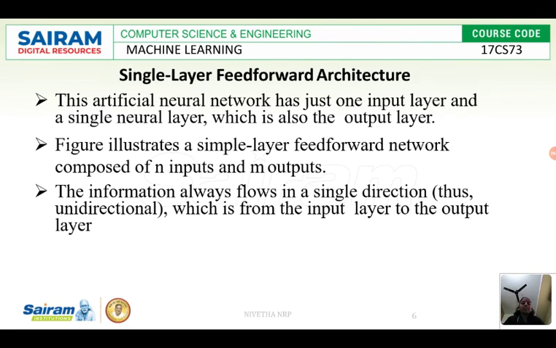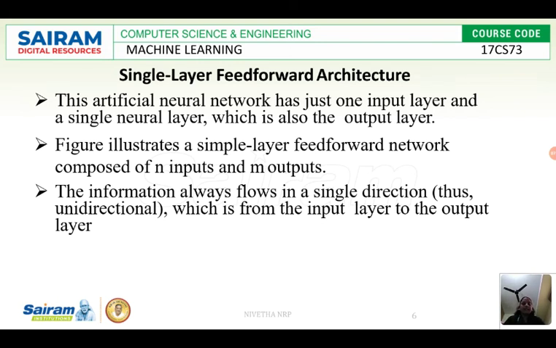First we'll see why it is termed a feed forward architecture or feed forward network. We feed the input to each and every layer. That is why it has the name feed. And it is termed forward because we progress from the input layer to the output layer.